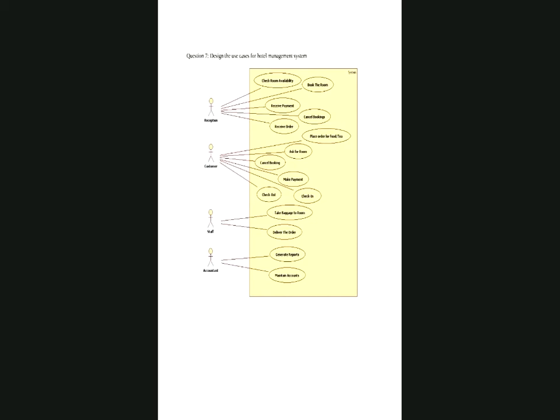I don't know why my screen is showing only navigation slides. No, one minute. Let me change the appearance, because I am able to see only that. Okay, I want to see the entire diagram.